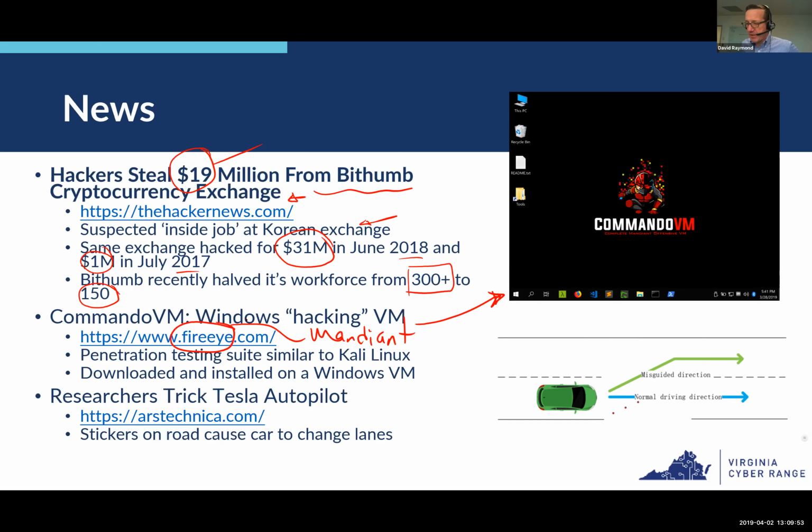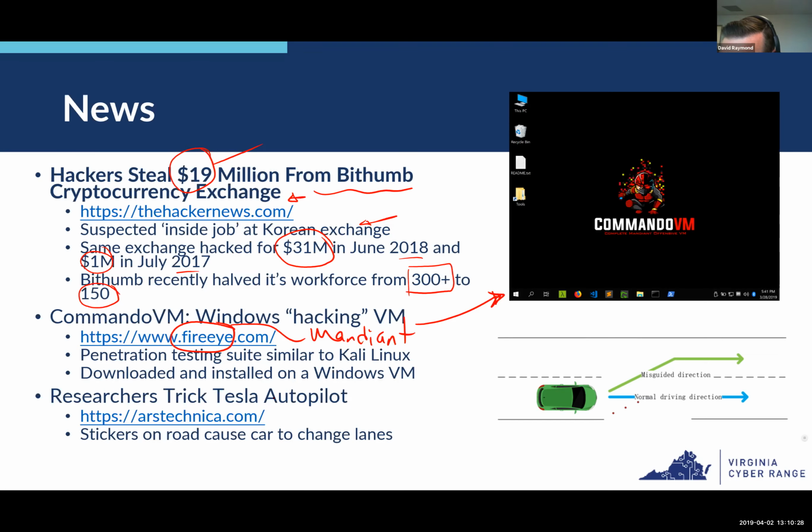They provide this Commando VM package, and so basically you have to have an extra Windows license in order to use it, because again, you want to use it as a virtual machine. You don't want to use it as your everyday operating system. So there is a cost associated. You don't have to pay for the Commando VM part of it, but you have to be willing to pay for an extra Windows license. Of course, if you're in a place where you have Windows site-wide licenses, then that's probably not as much of an issue. But anyway,